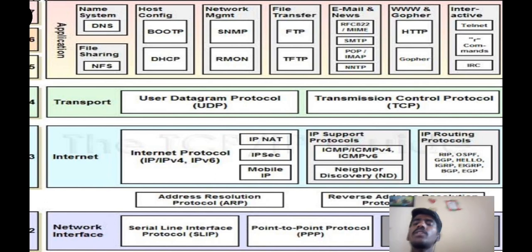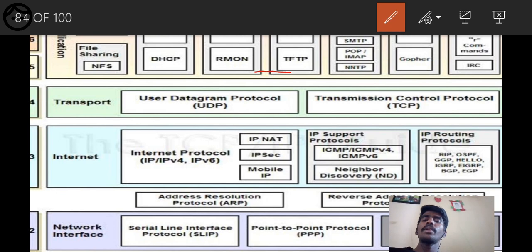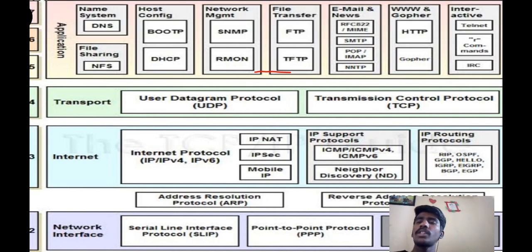I'll explain in detail. At the application level, I am in the top layer. On the top layer, we can see the name system, the domain name system you are all aware of, and file sharing. Thereafter host config, we can see BOOTP, and network management, SNMP, RMON.